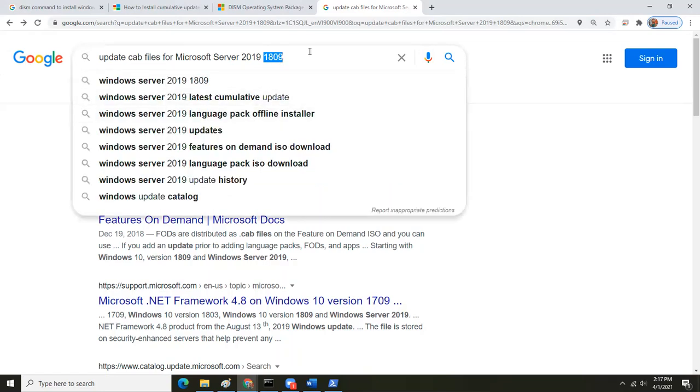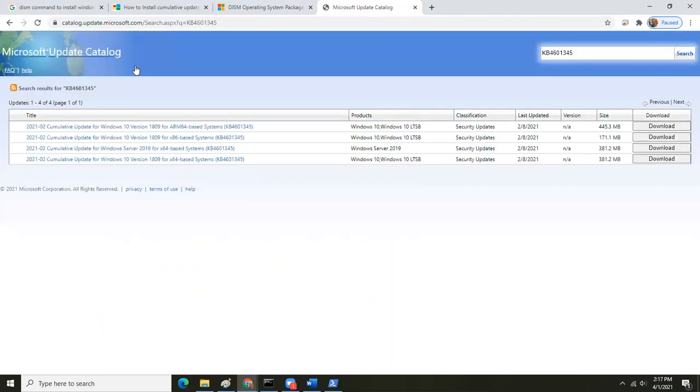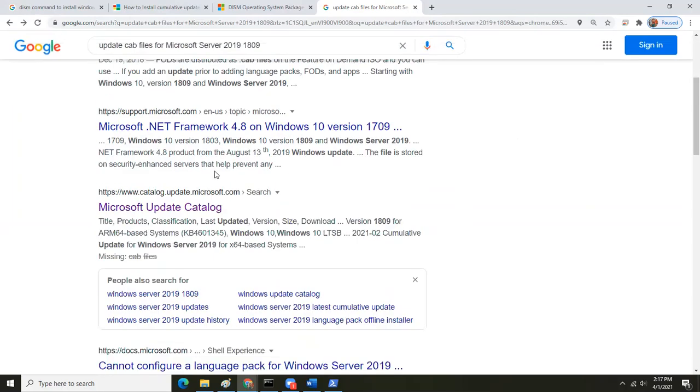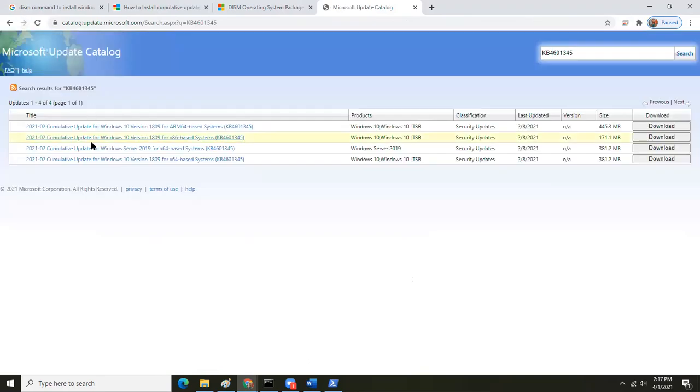So this is from September of 2019. And you see that one of the references that came up was from the update catalog. And from the update catalog, you see that there were 4 that were listed, 3 for Windows 10 and 1 for Server 2019. When I click on the Server 2019 option to download it, and it's a 380 megabyte file,